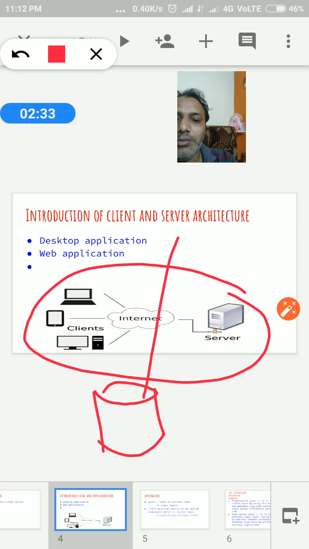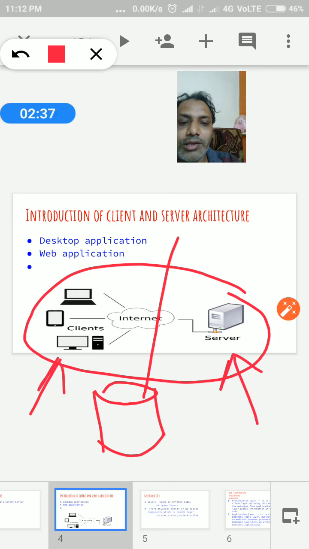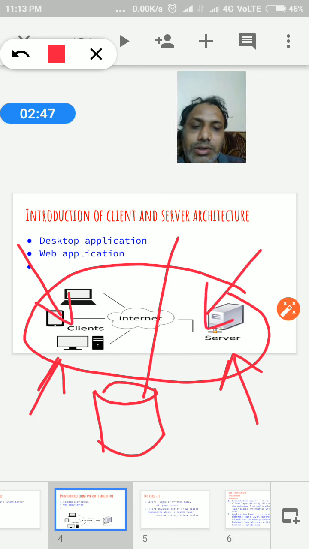It means the presentation layer and the application layer are in a separate component. This one is the client component, and this one is the application component. Both are running separately.